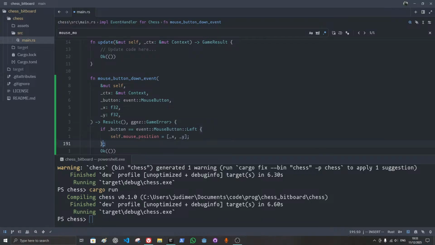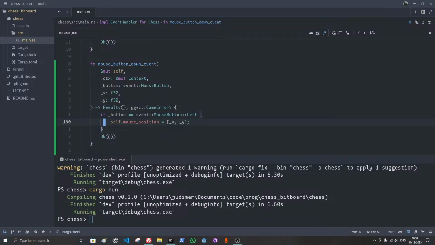Is this a correct syntax? Button left. It seems to be a correct syntax, yes. Okay. So if they're equal, then